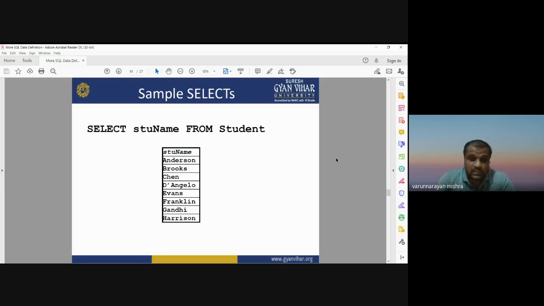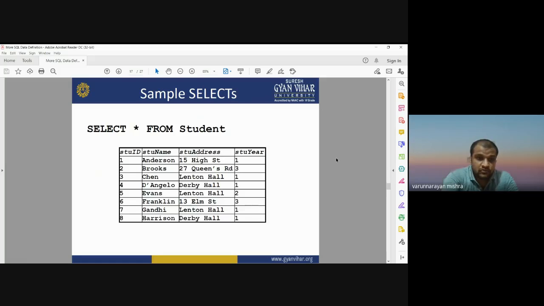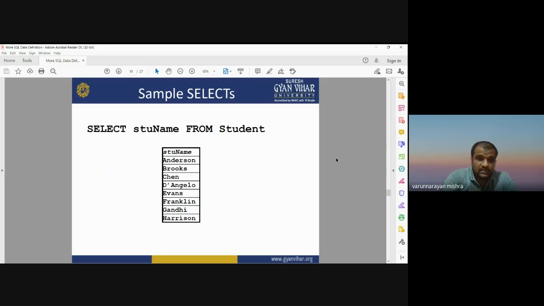now if we want to select just the student name from our table, in our table we have 4 columns: student ID, student name, student address, student year. If you want to select only a specific column, suppose only the student name, you will write select student name from which table? Student table. The name of the table is student. So select student name from the table which is student. So in this way, it will select only the names of the students in that column, student name. Now it is showing the entire name column. So this is the select command.